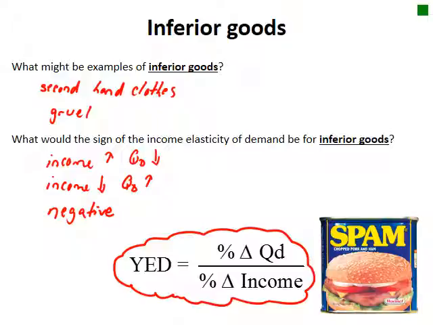And we are going to keep the sign for these goods. Unlike the only one where we discard the sign, which is price elasticity of demand. And here's the formula again. So the example I like to use is Spam in terms of an inferior good. If your income goes up, perhaps you want to move to a better cut of meat, or a better type